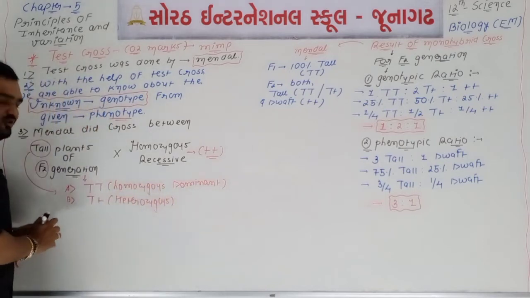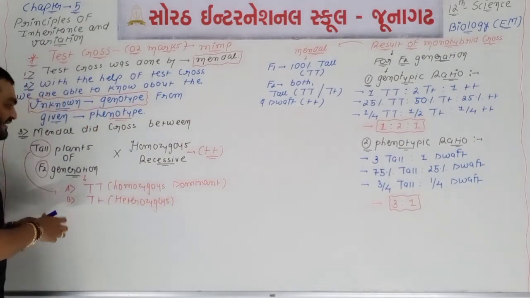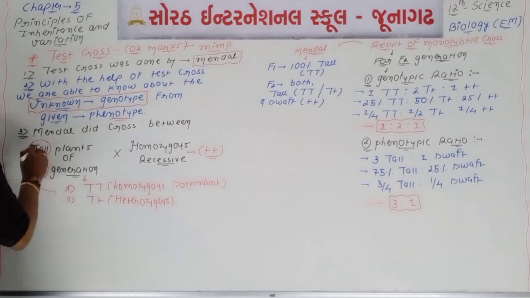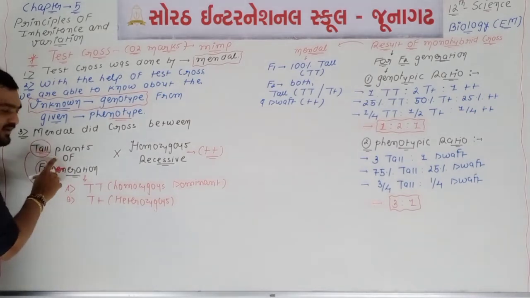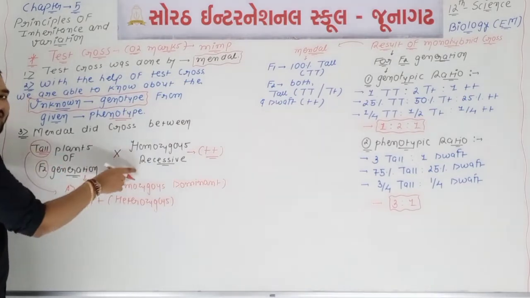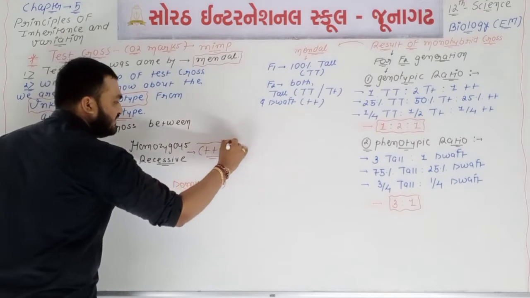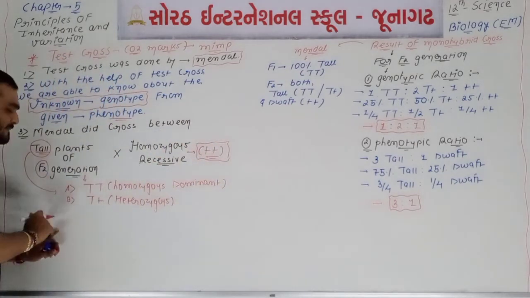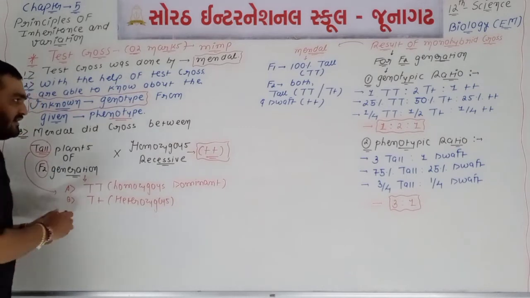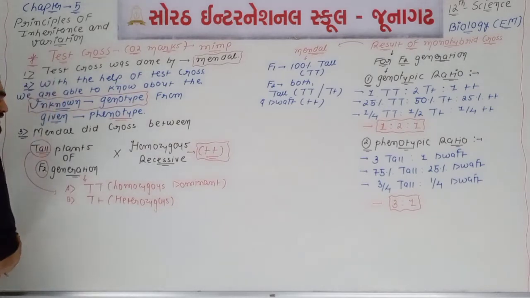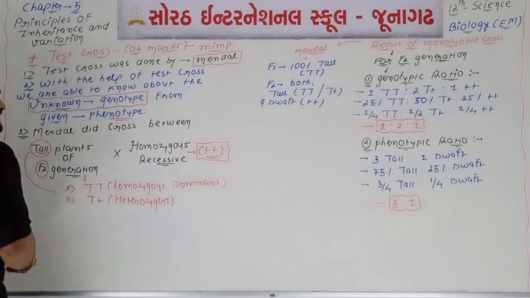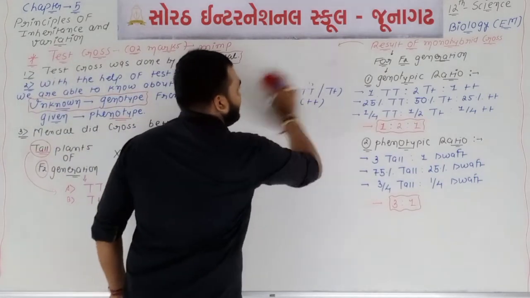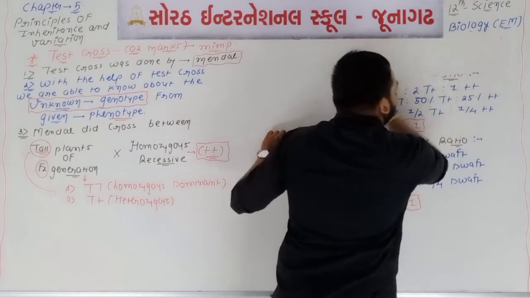Okay, so Mendel did experiment, or Mendel did cross between tall plants. Okay, see, still genotype is not known, only phenotype is there. Tall plant crossed with the homozygous recessive, so that is fixed. Homozygous recessive, that is fixed. Okay, so Mendel said that, see here, Mendel said that if we get the result,